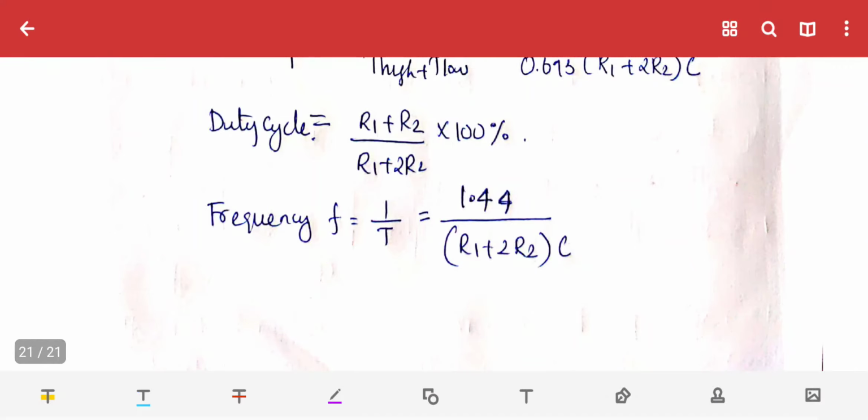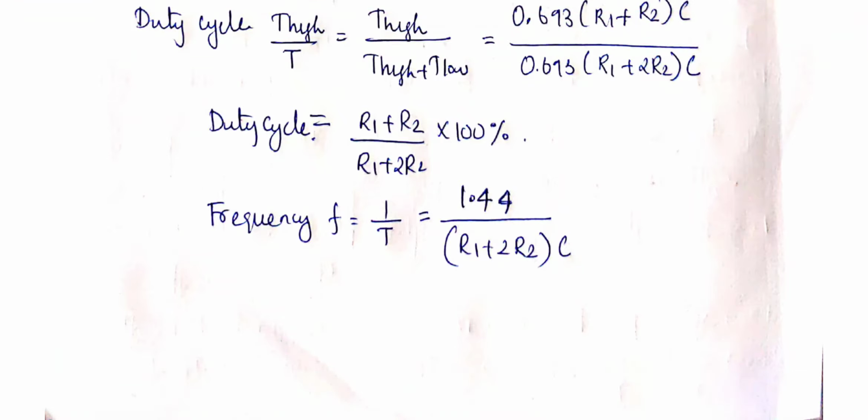So this much about the 555 timer as an astable multivibrator or free running oscillator. Hereby we are completing module 4. Under module 4 we studied the amplifier, transistor as an amplifier, switch, then we studied feedback amplifier, after that oscillator, and the last part is the 555 timer.